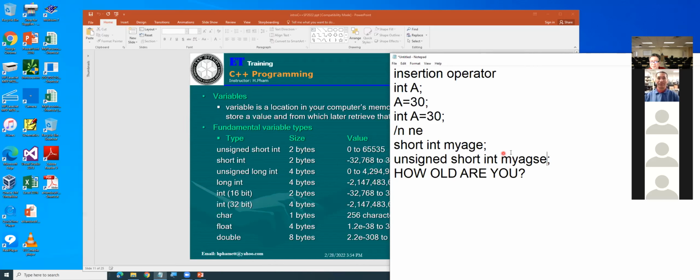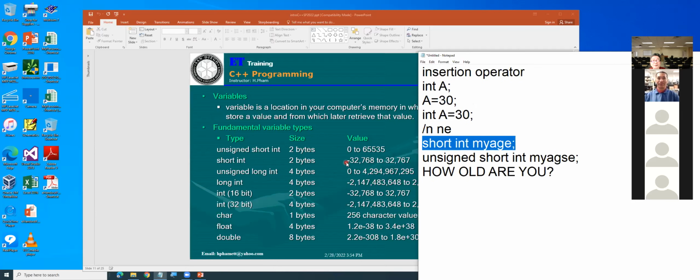Okay, then go with short. Now I'm telling you, looking here, short integer gives you values from minus 32,000 up to 32,000, correct? You see that? Minus 32,000 to 32,000. However, unsigned short gives you 0 to 65,000.